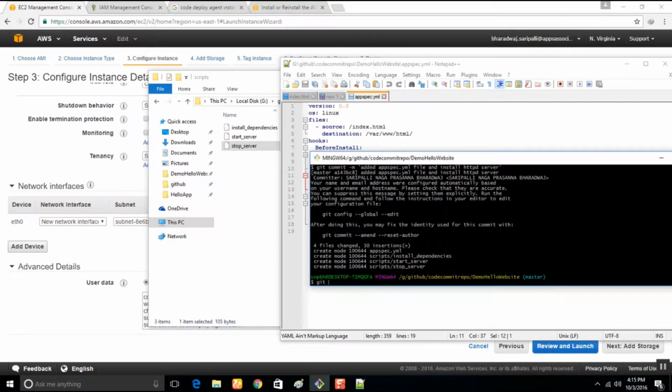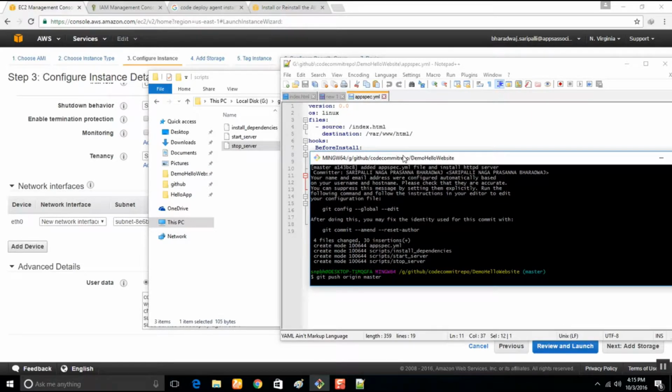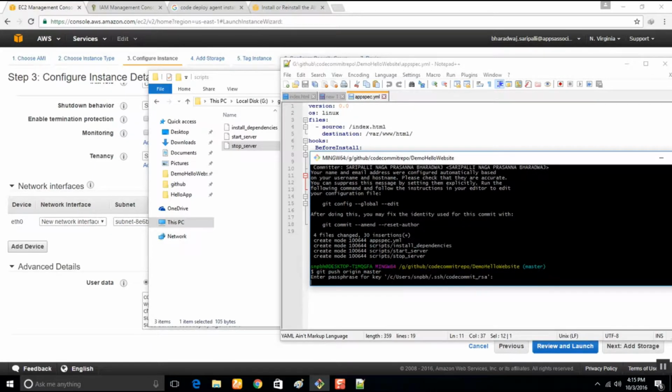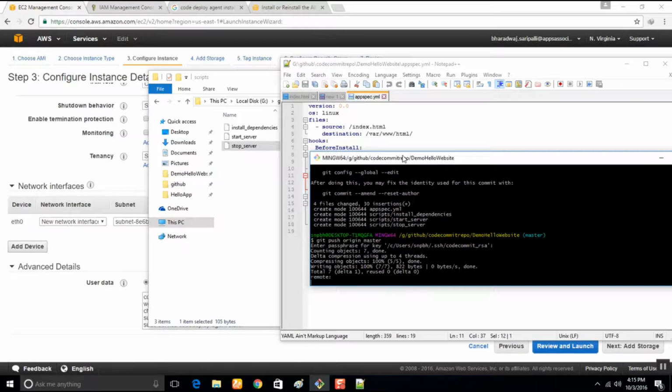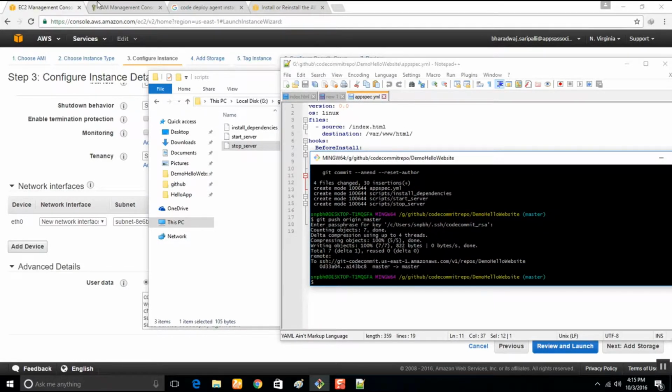Done. Let me push it with git push origin master. Done. Now we have the changes also.